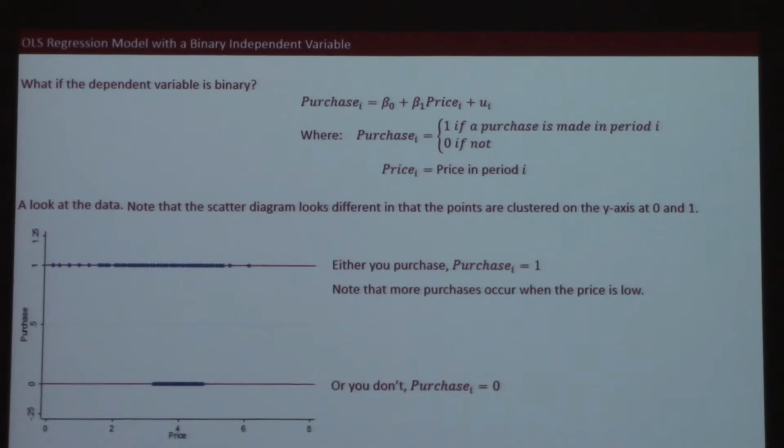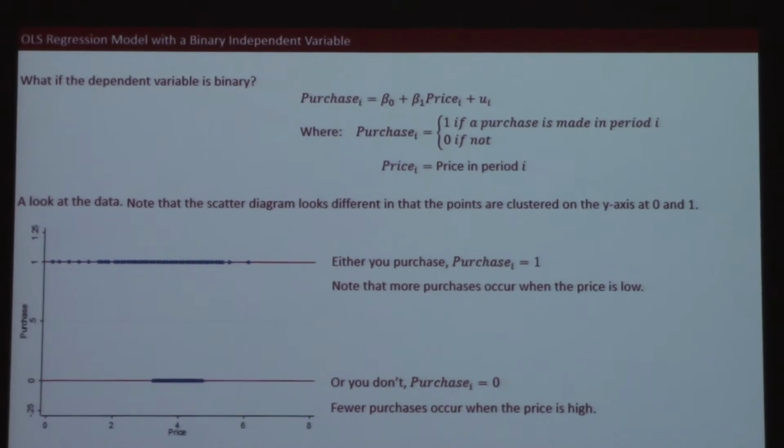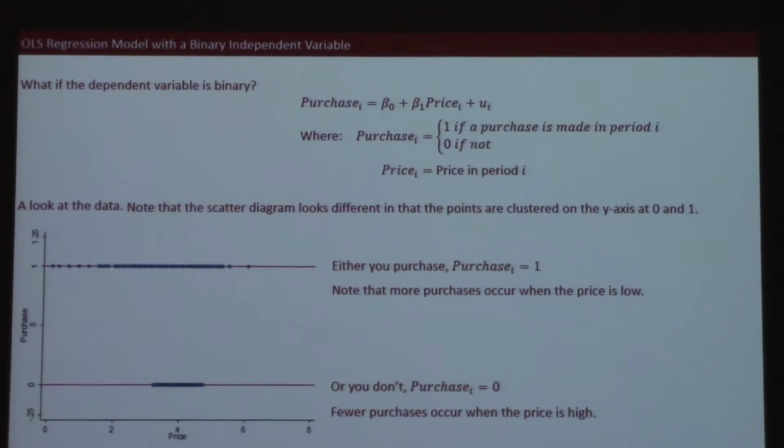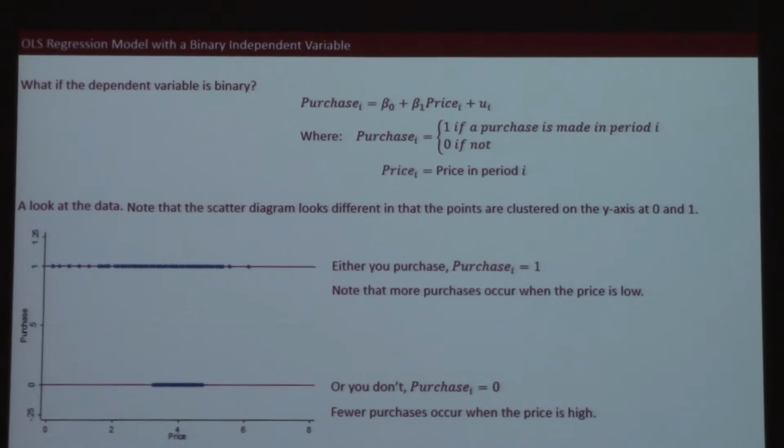Again, you either purchase or don't purchase. And if the law of demand still holds, more purchases are going to be made when prices are lower than when prices are higher. So we're still going to use the same intuition in terms of the law of demand, but we just have a different data set. We see fewer purchases occurring at the high price. So again, a very different look at the data. The scatter diagram, I think, illustrates the fact that we got a whole new set of data analytic tools that we're going to have to introduce to actually get some insights from this.